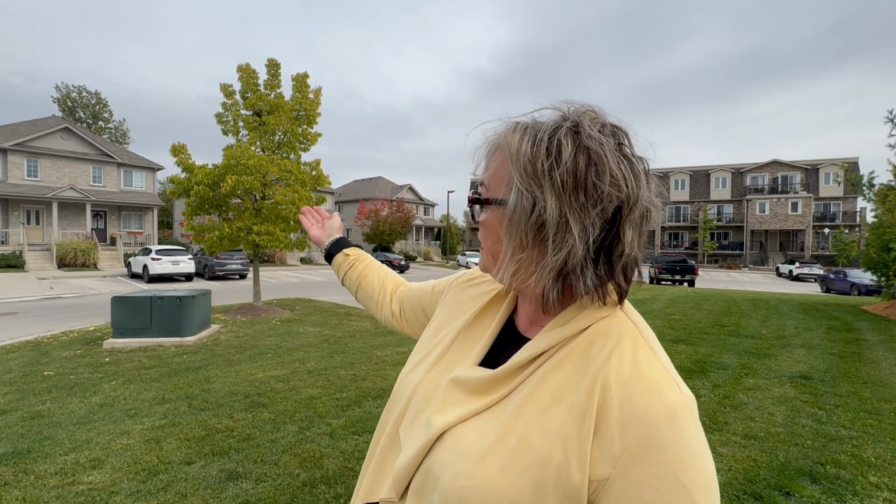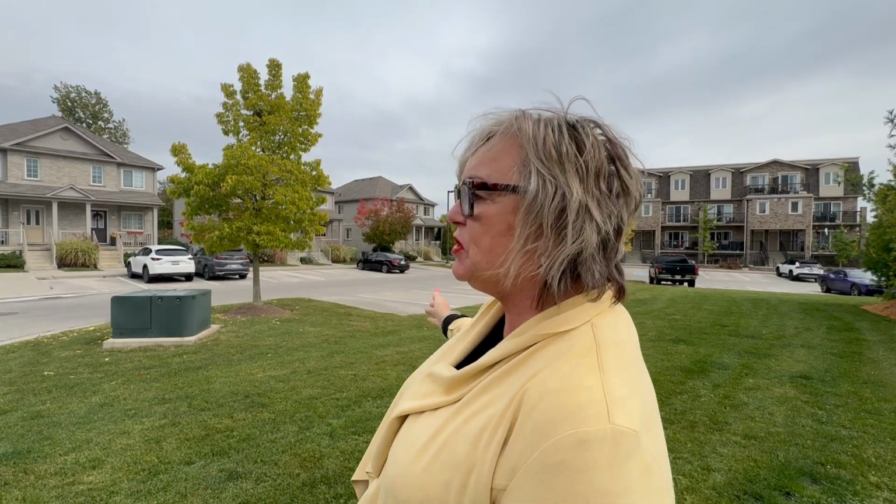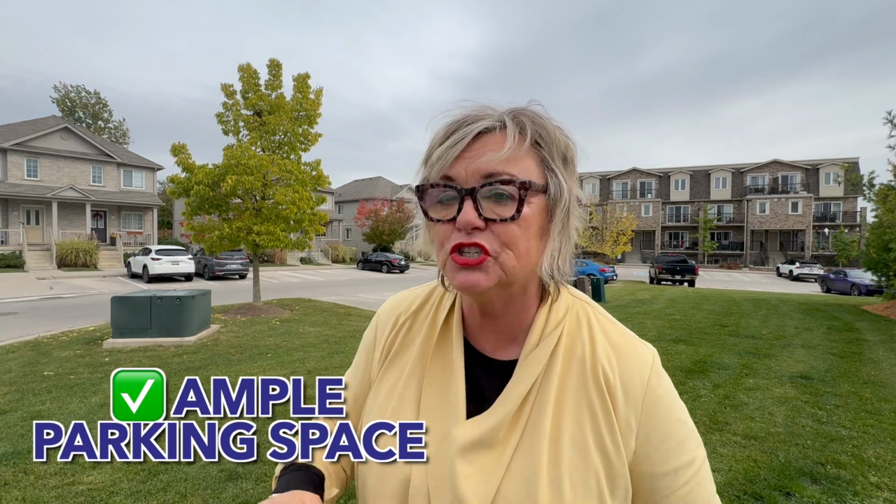Now, you may not be a stacked home fan, so you could look at these quad complexes. There are 4 units per building. There are a couple of different buildings. Did you notice, like I noticed, that parking is right out front, that there are various different visitor spots? And as we drove through this complex, we noticed a lot of visitor parking. So this is a great amenity you don't often find in townhome complexes, but you have it here in this